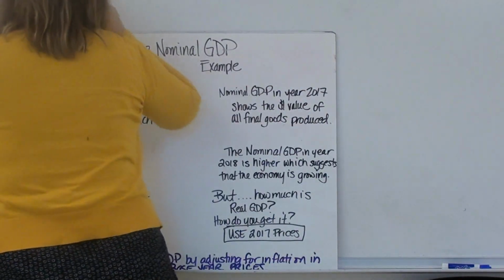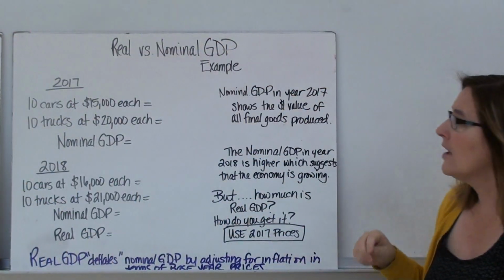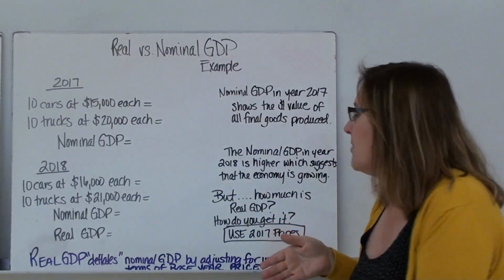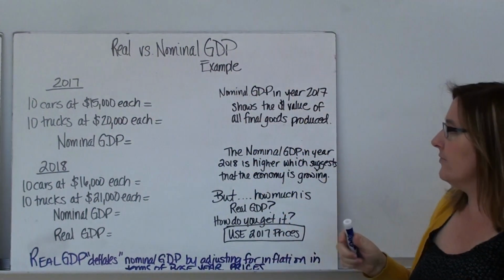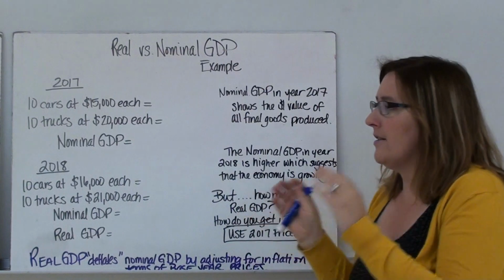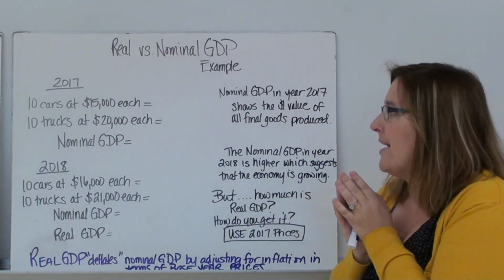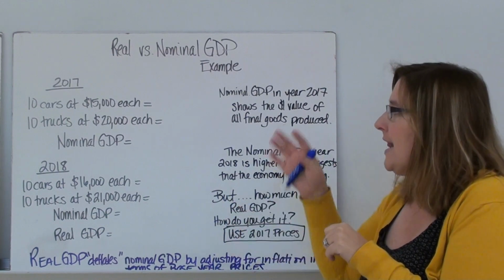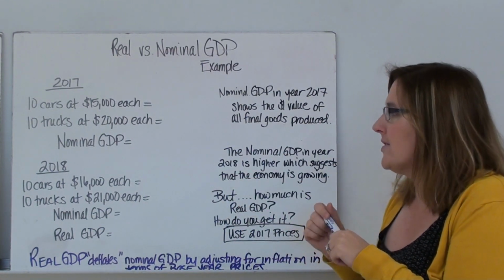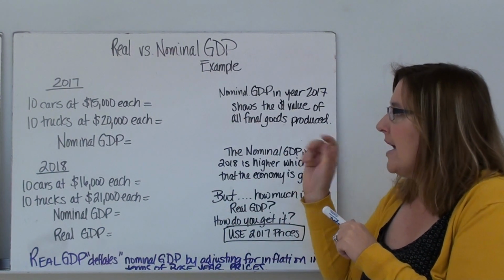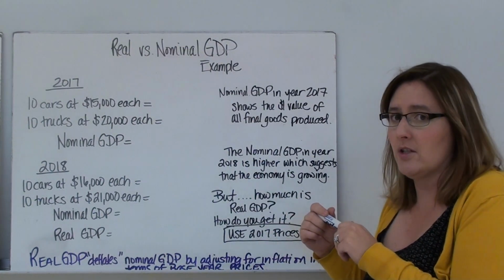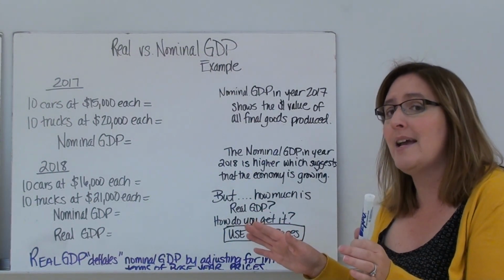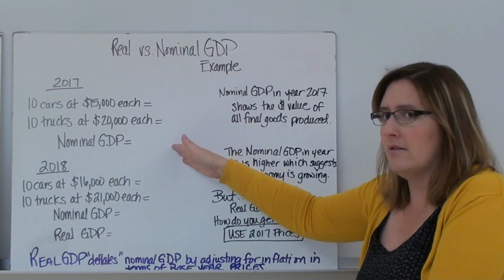Here is an example of real versus nominal GDP. So let's say in 2017, there's this little tiny country, and all they made that year was 10 cars and 10 trucks. And in 2017, the 10 cars cost $15,000 each, and the 10 trucks cost $20,000 each. And if that's the only thing that the country made, then we add up the dollar value of everything that